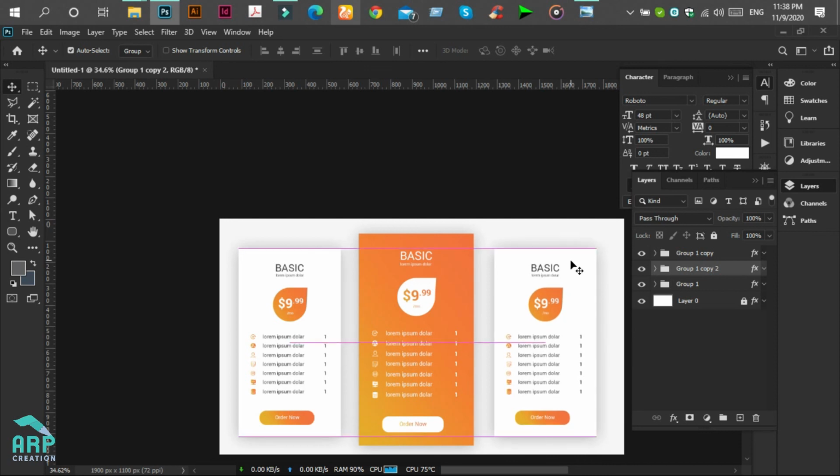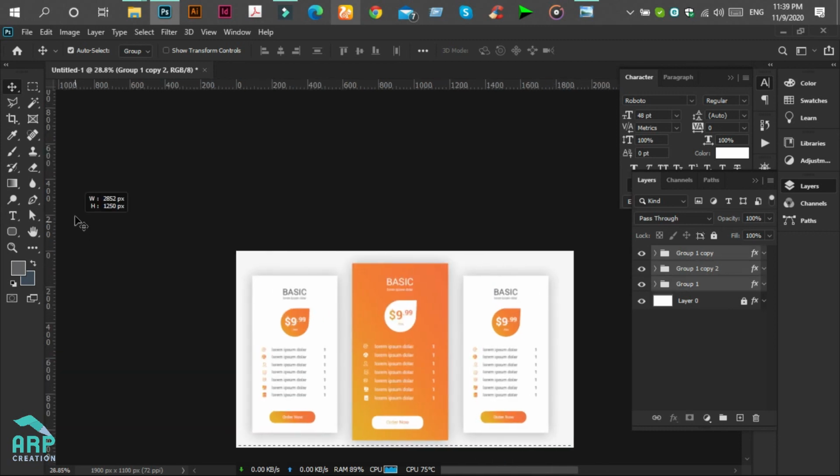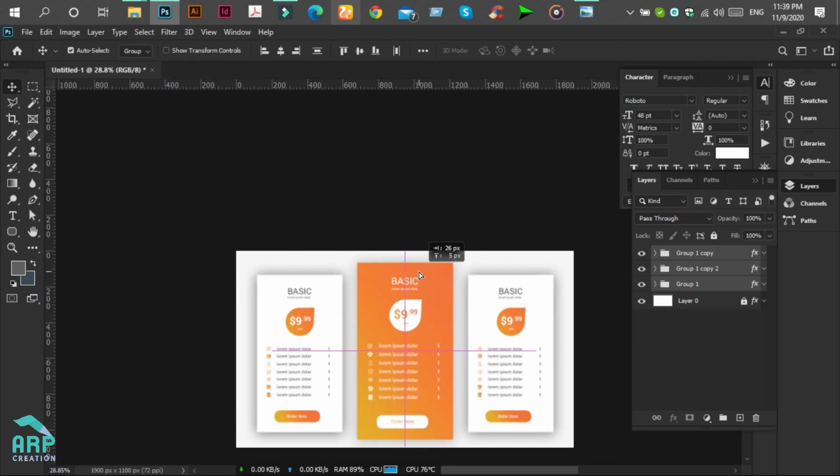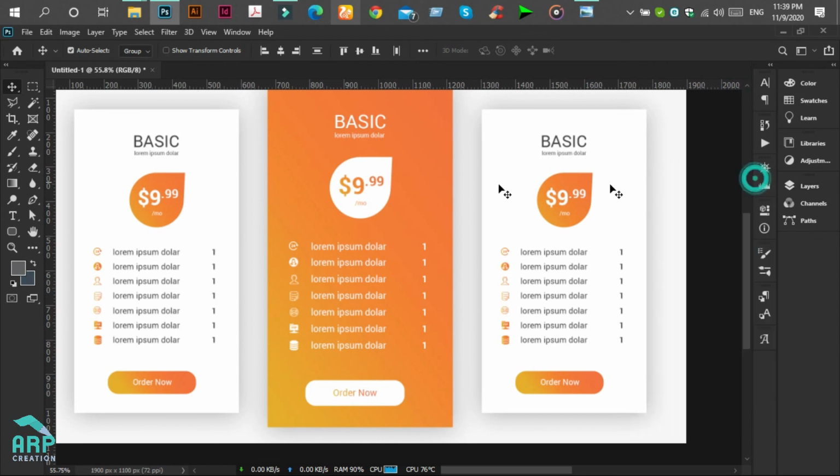We have just created our three packages. Now we will select these three packages again and move them to the middle position. Okay, perfect. We have just created our pricing table.